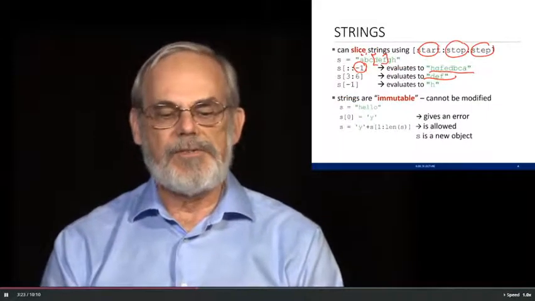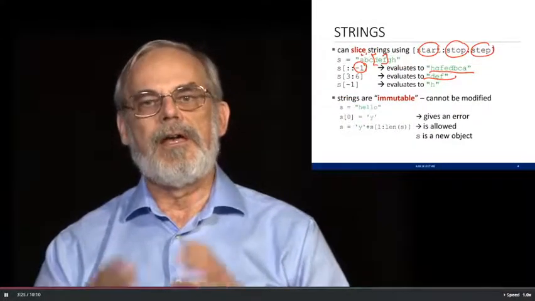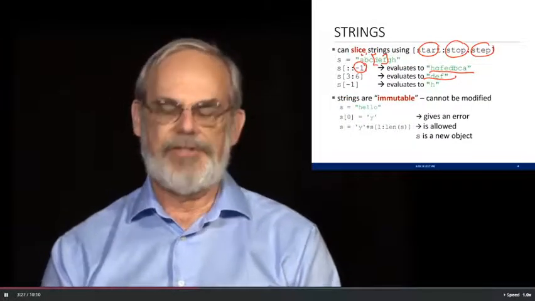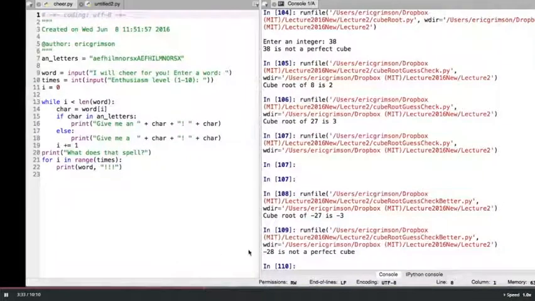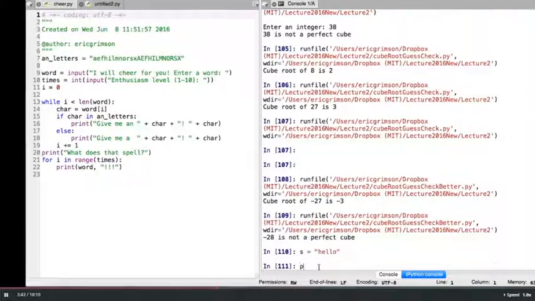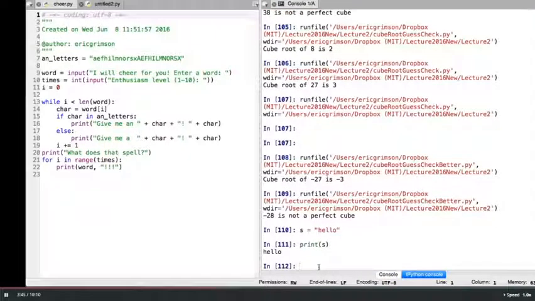One last thing about strings is that they are what we call an immutable type. You can't change them. They can't be modified. And to see that, let me do a little example. I've shown it on the slide, but let me actually type it in over here. I'm going to define the name S to be the string hello. If I print out S, it gives me back hello. If I say what's the type of S, it tells me that it's a string, which is great.